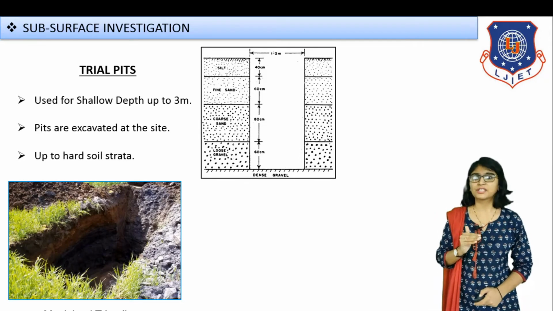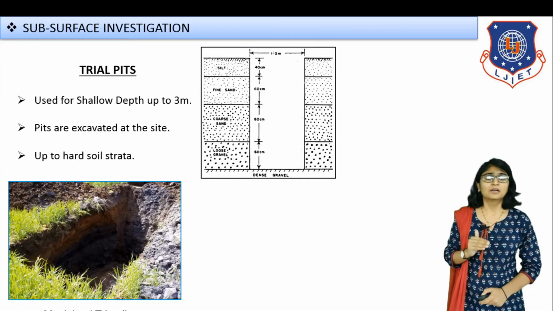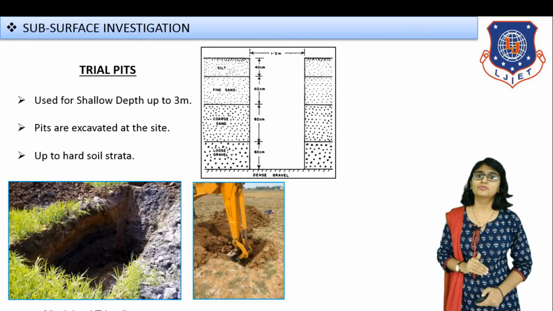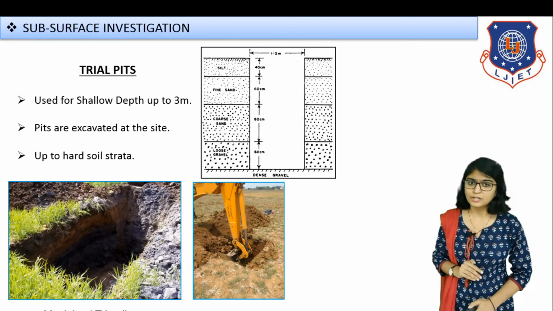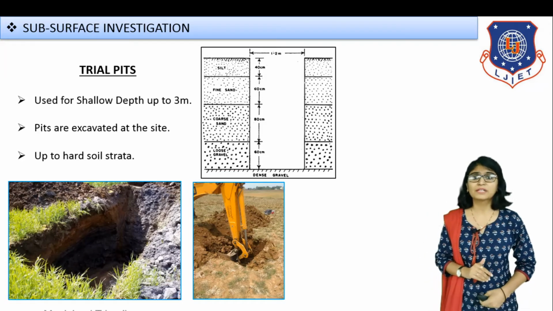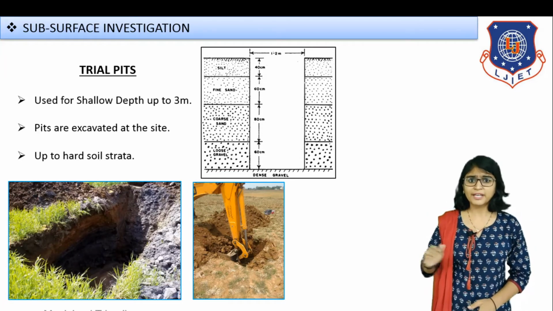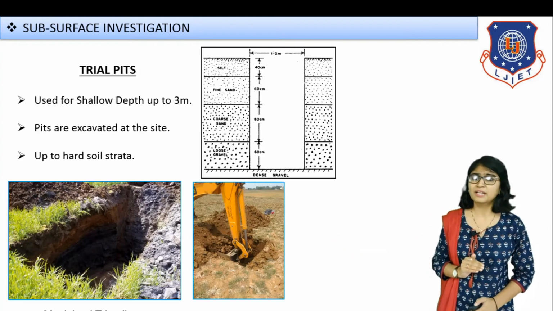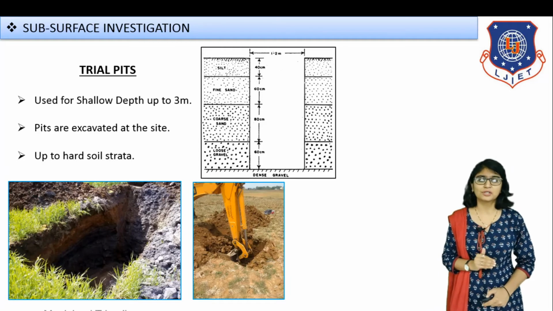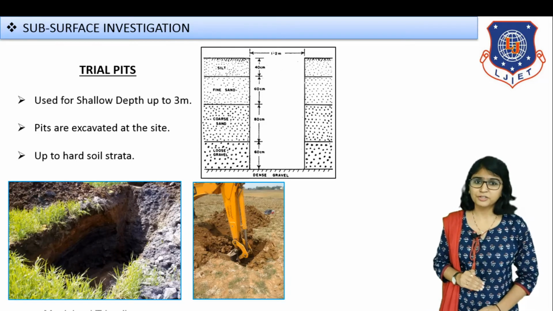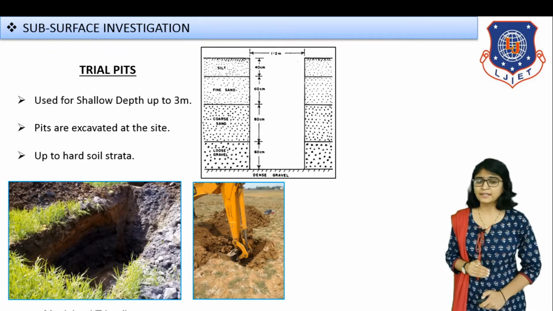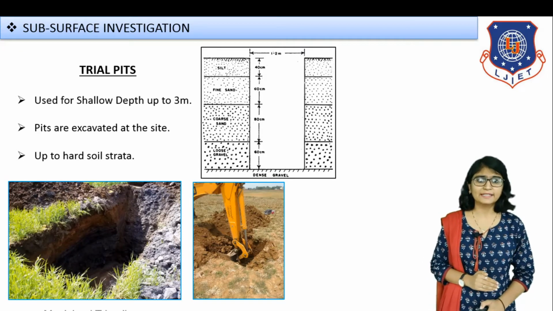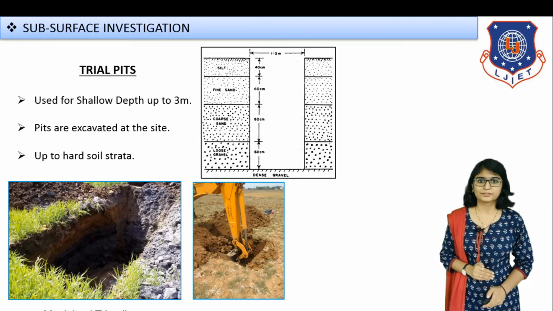In that case you can use trial pits. Sometimes the groundwater table may also interrupt, it can happen, so you have to find out certain necessary precautions to pump out the subsoil water if it is interrupting. And again you can see in another picture over here, the dozer blade is being used for the excavation of the trial pit. This can be done manually, it can also be done mechanically, depending on the conditions. So this makes your first common type of method, basic type of method, called trial pits.